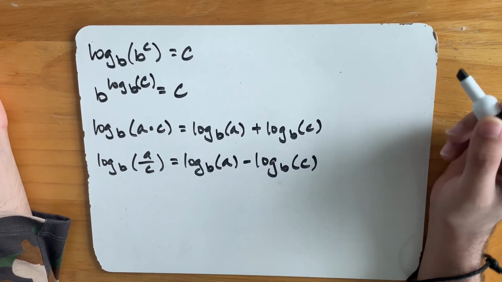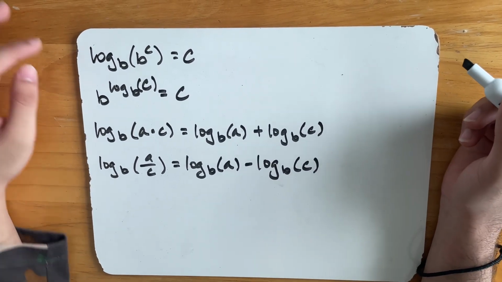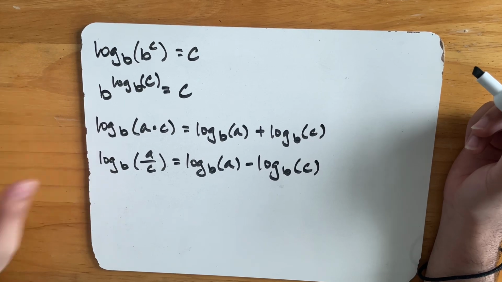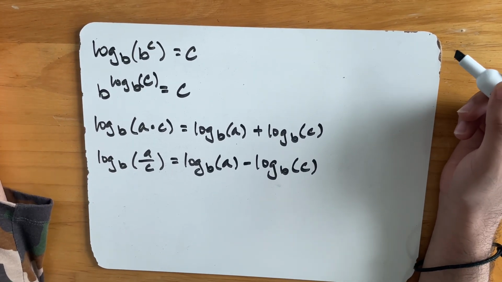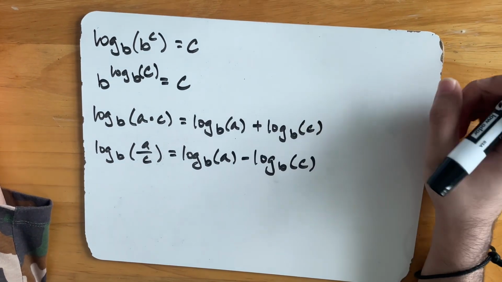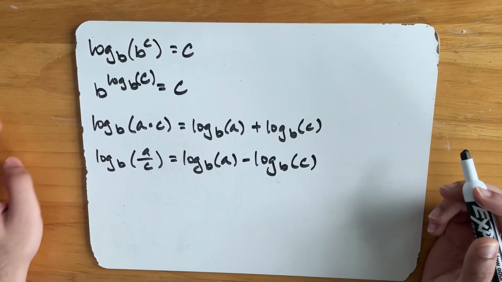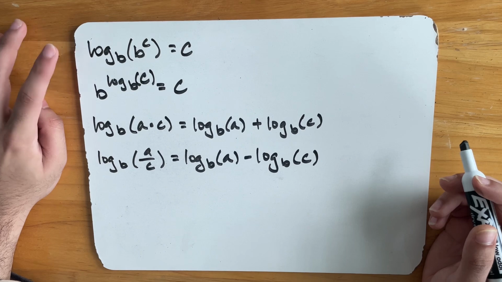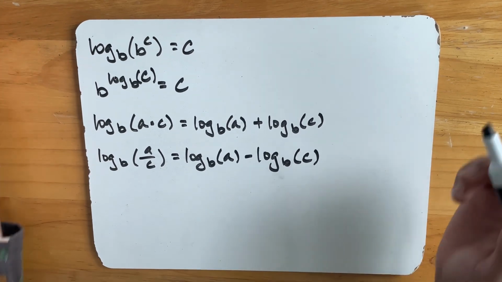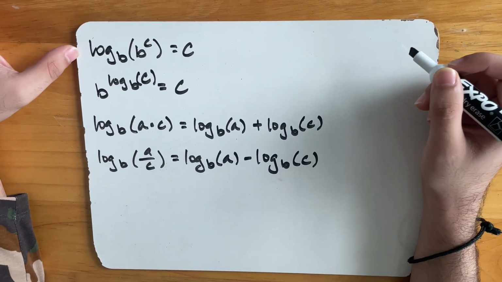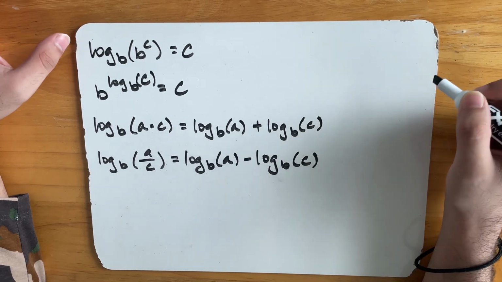Now here in this video, we're going to talk more about log properties, as you can see here with this thing and these two weird things, right? Before I do that, I'd like to try to re-explain what I tried to explain in my last video with this property, and I'll do the same for this property. So basically, for our first property, log base b of b to the power of c is equal to c,